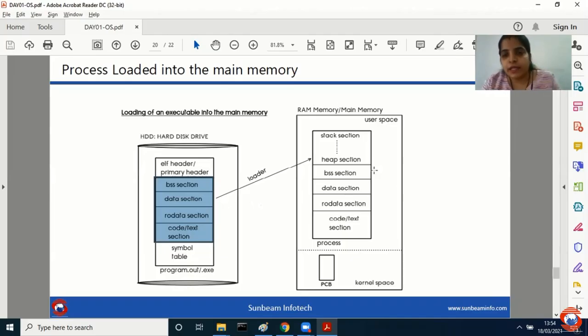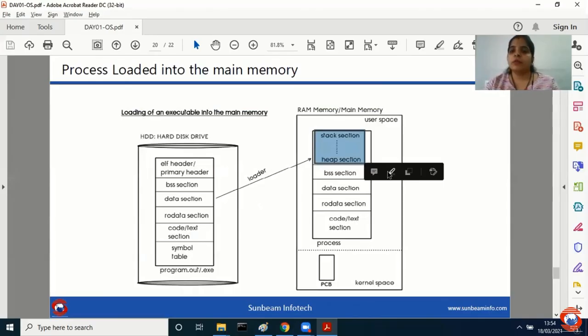What are the two additional sections that it provides at runtime is the stack section and the heap section. I hope you remember, जब हम function execute करते हैं तो function activation record generate होता है that gets memory into the stack area, and that is nothing but stack section. Have you understood?